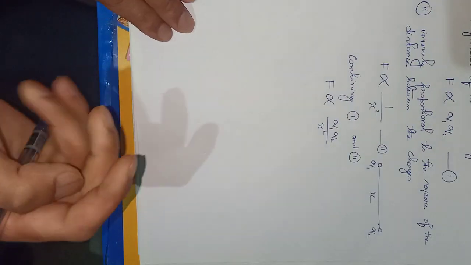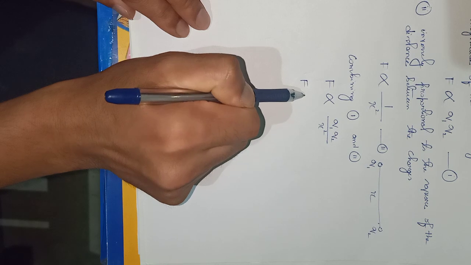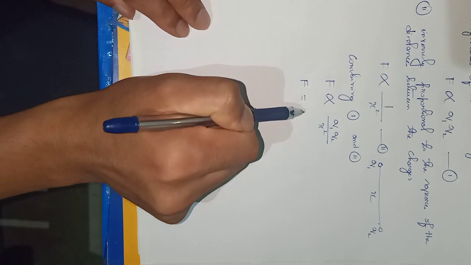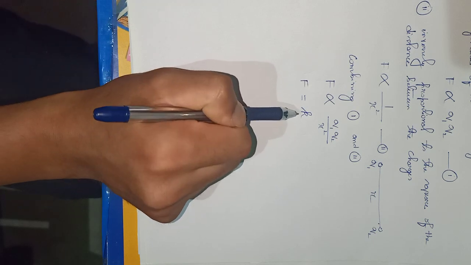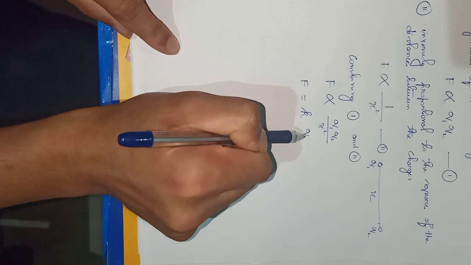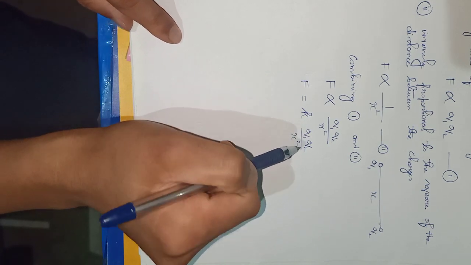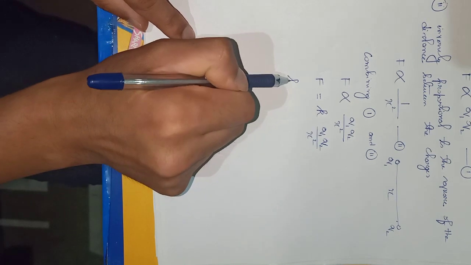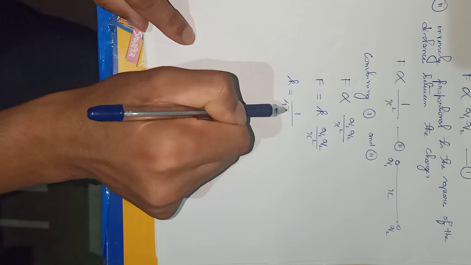So if this proportionality is converted to an equal sign, there will be a constant. So I write here K is the constant of proportionality. So F equals K times Q1 Q2 by r square, where this K is found to be 1 by 4 pi